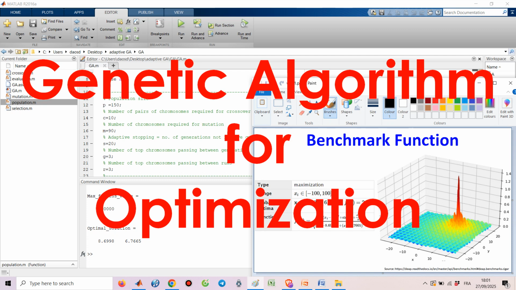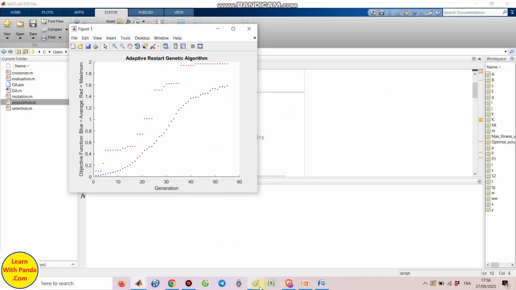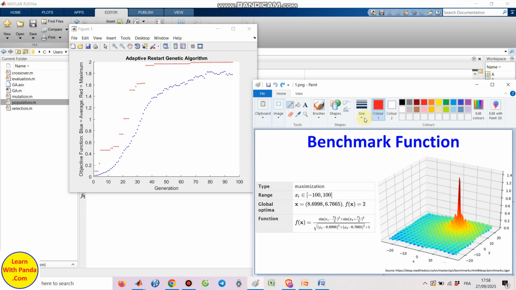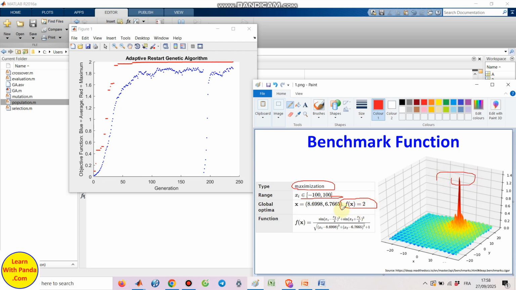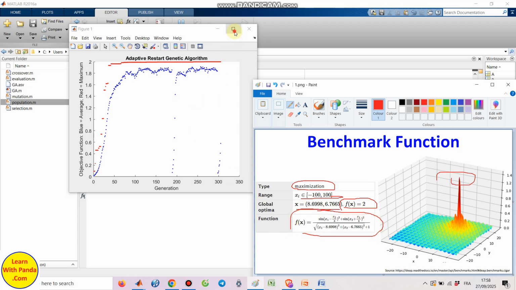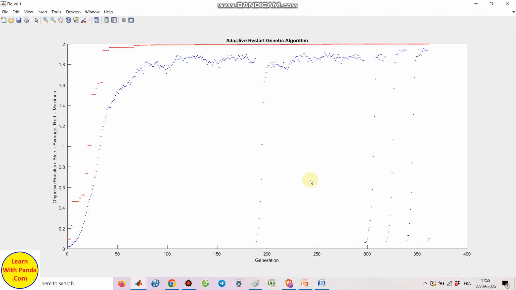Hello everyone. Did you know that genetic algorithm, or GA, is an optimization and search technique inspired by the principles of natural selection and genetics? It works by evolving a population of candidate solutions to a problem through processes analogous to biological evolution, such as selection, crossover, and mutation. Over successive generations, the population adapts with fitter solutions, those better suited to the objective function, having a higher chance of survival and reproduction. This iterative process makes GA effective for solving complex, nonlinear, and high-dimensional problems where traditional optimization methods may struggle.